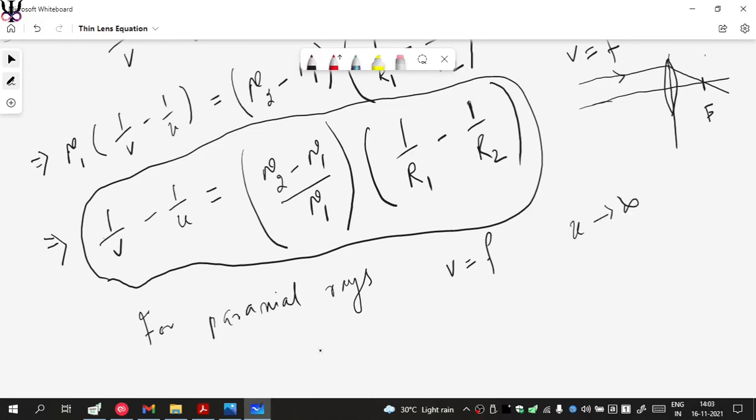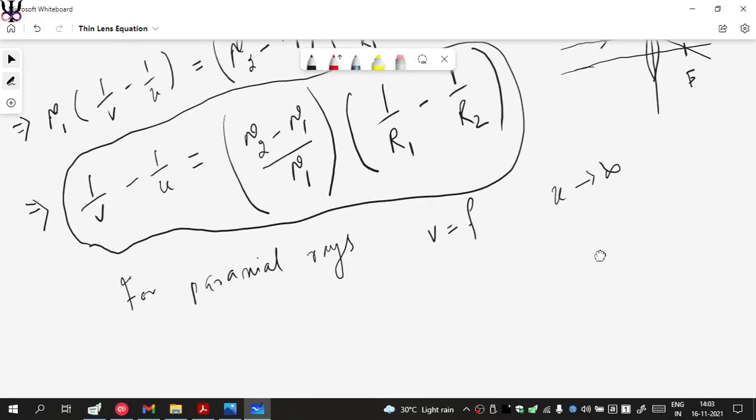So in that case, if we apply the thin lens equation, what do we get? We get 1 by f minus 1 by u is 0, because u is infinity, minus 0 is